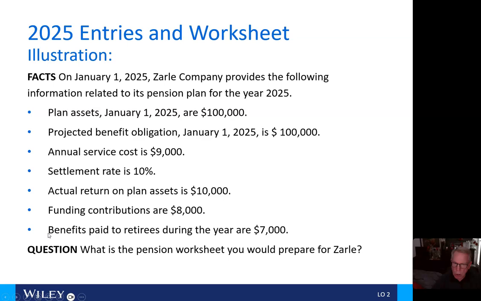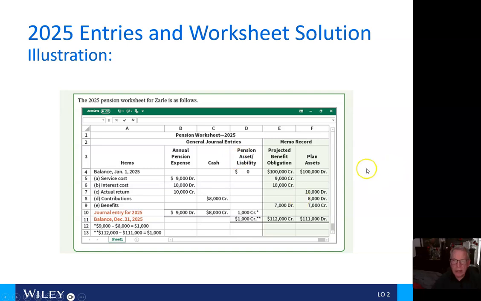What is the pension worksheet that you would prepare for Zarl? Well, here it is. And as shown earlier, the same format for general journal entries and memo records. So here we're going to record the service cost, the interest cost, and the annual return as credits, contributions for cash, credit, and pension asset liability of $1,000, the difference between the debit entries here and the credit entries here,